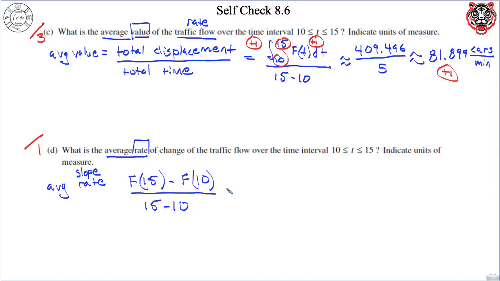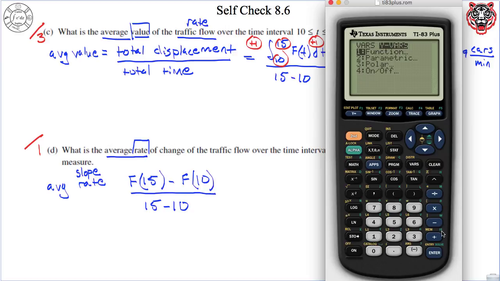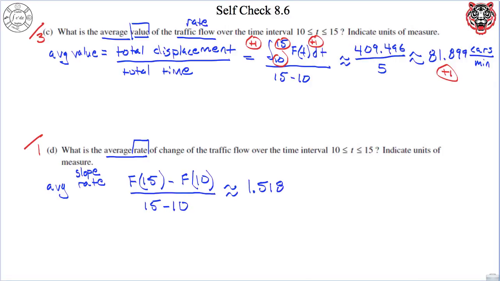So when I do this function, what am I going to get? I have to plug this in to my calculator here. So when I have my calculator, I'm going to do vars right, enter, enter. y1 of 15 minus vars right, enter, enter. Y1 of 10, and so the numerator is going to be that, and I'm going to divide it by 5. So I get 1.518. So this is approximately equal to 1.518, and that is going to be indicate units of measure. So that's going to be